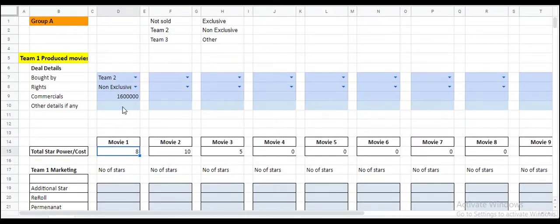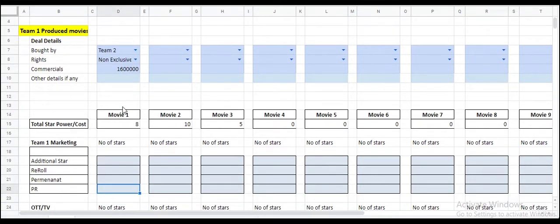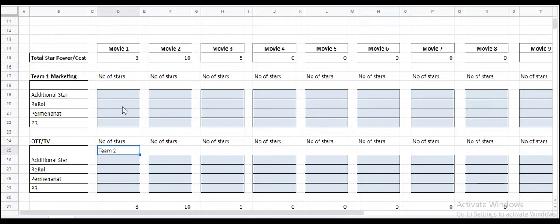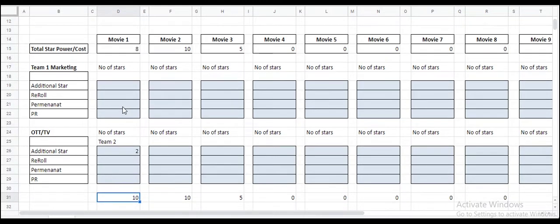Then it's time for the marketing allocation phase. I'm sure both teams would have pledged some marketing, or even just one team would have pledged some marketing. In this case, team 1 has not pledged anything for marketing, so this is left blank. Team 2 in the deal has pledged 2 stars for marketing. It's an additional 2 stars, so you put in 2, and you see your star value would have increased. In case any team has pledged on reroll or PR, you need to mention it there.